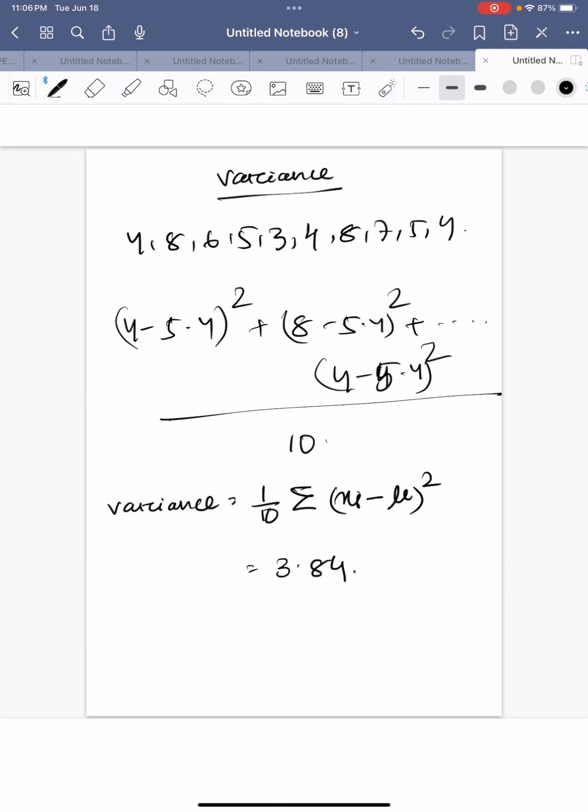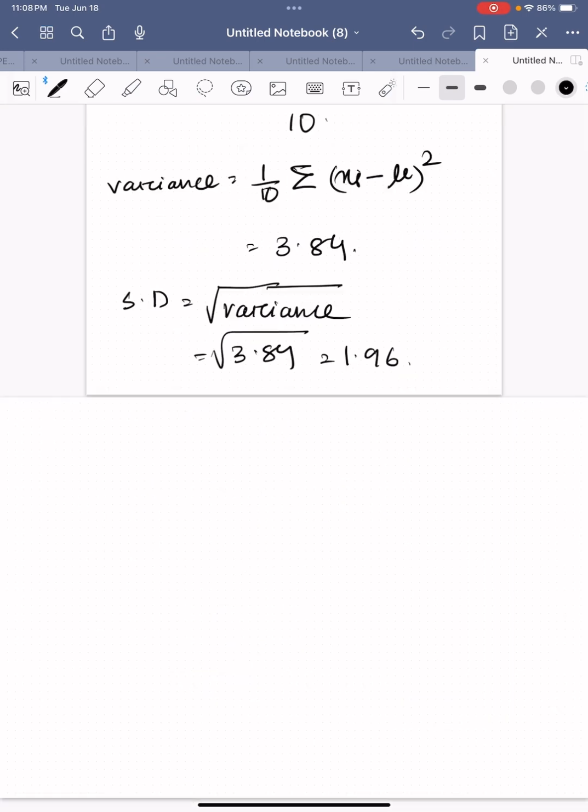Now, standard deviation. Standard deviation is a different form of variance. So standard deviation is the square root of variance. Okay, so that's standard deviation. In this case, standard deviation would be the square root of 3.84. This value will be 1.96. Okay, so the next one is IQR, or